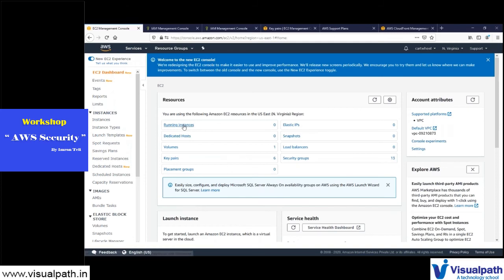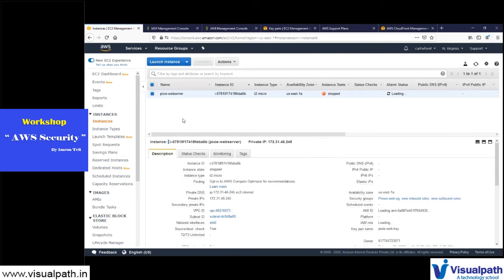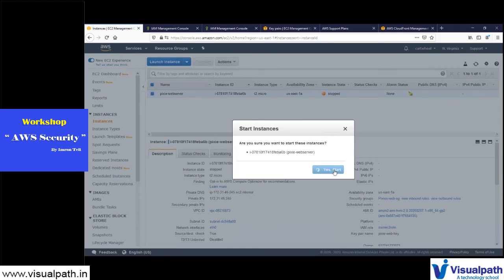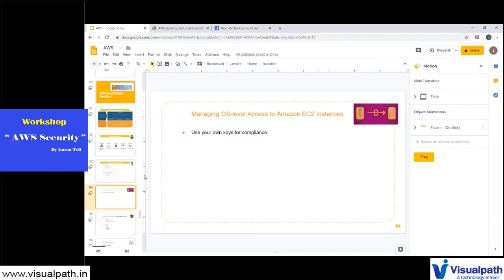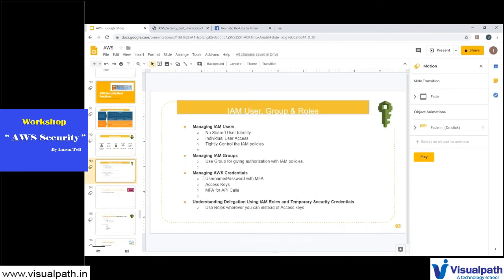Right, so that's easy, right? That's it. So I'll bring on this EC2 instance because we have a few things that we're going to do with this instance now. Let's start the system. Okay, so take care of that, right? So three things now: Trusted Advisor, and you know this part. Just follow the best practice that I told you, and you have your own key pair.